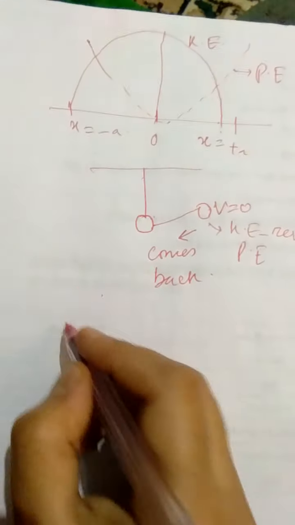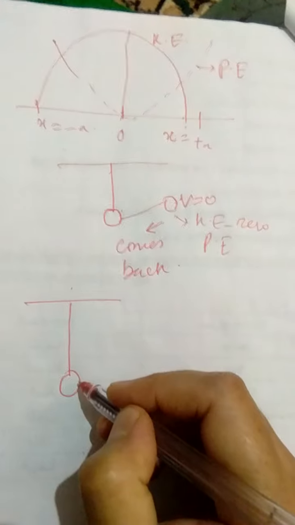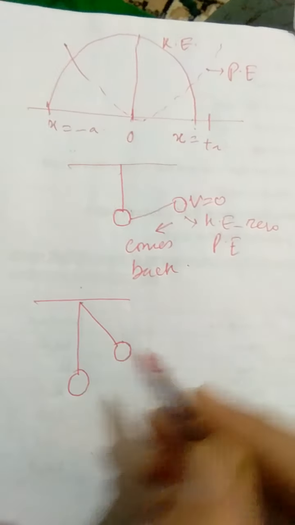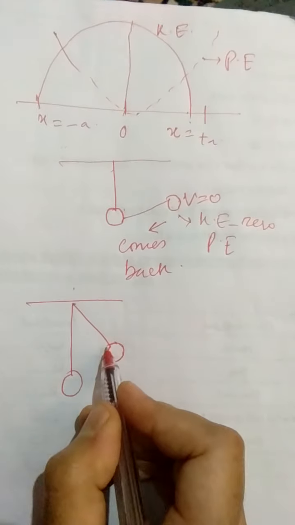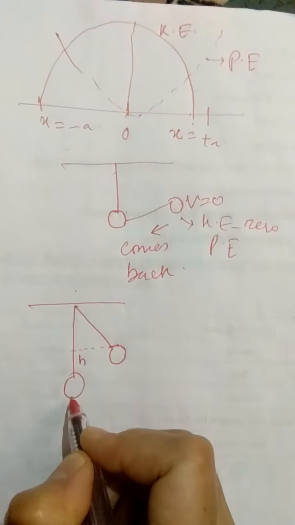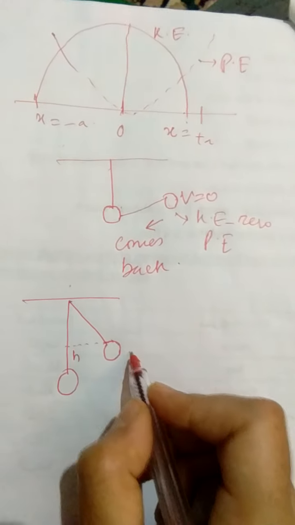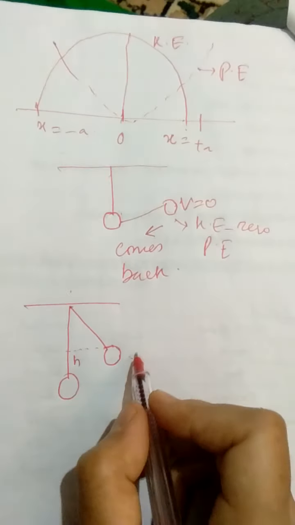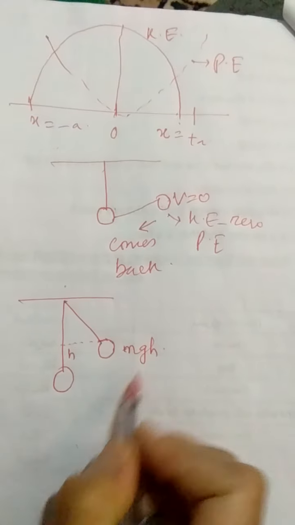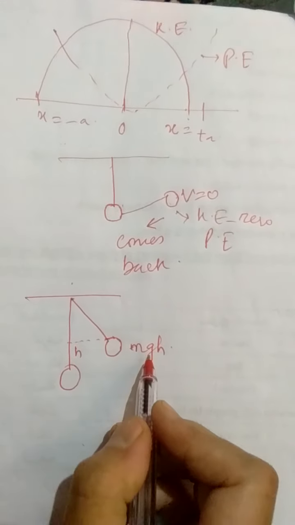See, again, I can draw that figure for you. Suppose this is the central position, the mean position. Now, I have taken the pendulum to some extreme. At this extreme, it has also gained a certain height with respect to its original position, right? And because of this height, it has certain potential energy. That potential energy can alternatively be expressed as mgh. Mass of the pendulum, g acceleration due to gravity, and h is the height above its mean position. So this is the potential energy.